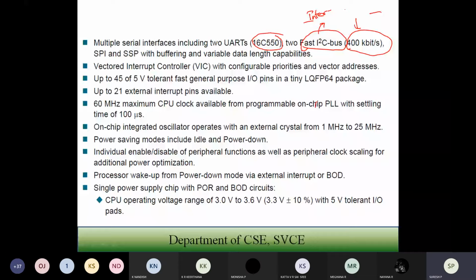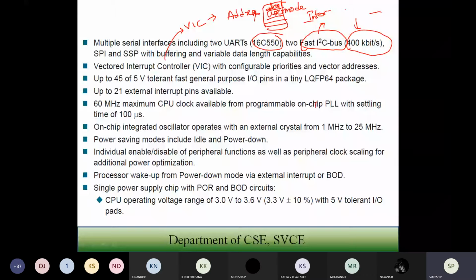So that we have discussed in your module 2. That is the vector interrupt controller which you are going to have. Vector interrupt means what? In each address, you are going to have some interrupts, right? If you recall, like abort will be there, and whether the user mode or some mode of operation, which mode it has to work in, that is going to be configured. So your vector interrupt controller is going to be configuring the priorities and the addresses of the vectors which you